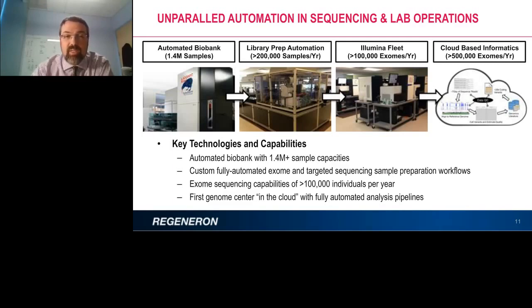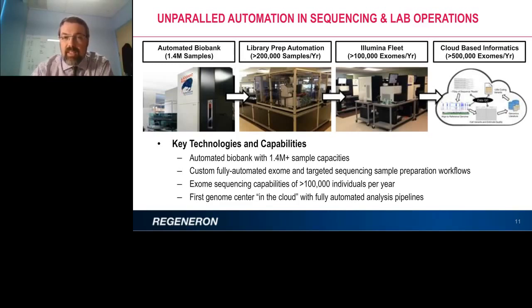So you just put your samples in, you type in the number of the sample, or you give it a spreadsheet, and it aliquots the samples back out for you. We have library prep automation. It's not quite walk-away automation, but there's very little human intervention that allows us to prep more than 200,000 samples